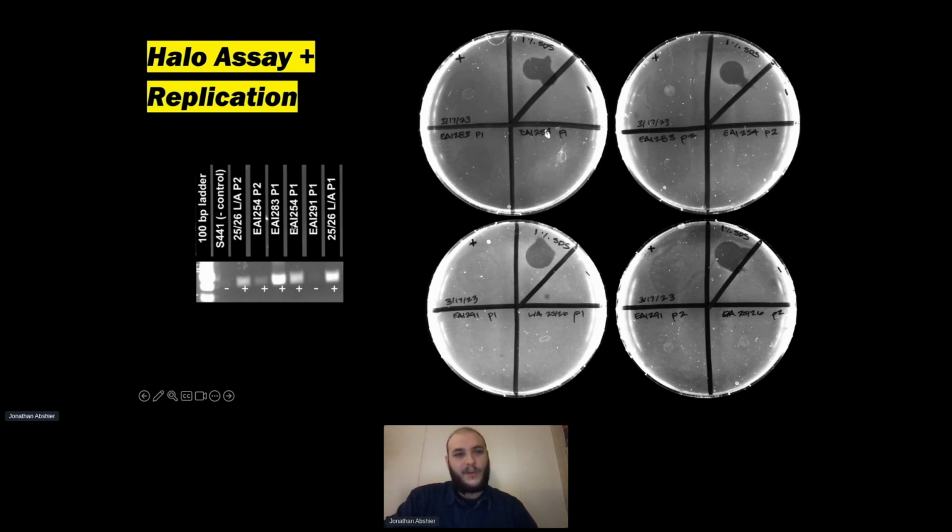Over here, we have a screening for replication, which I'll get into in a second, but we have our halo assay over here on the right. And largely within our wild type populations, we consistently see that clearing. So we understand there to be toxin activity. This is just across two passages, these same mutants. This is another wild type that we actually have an insertion. It doesn't do much to that particular genome. It seems to be not affecting infectivity. This 254, 291, those are two insertions that are directly into the toxin open reading frame, and they seem